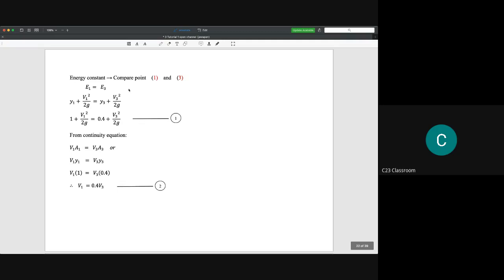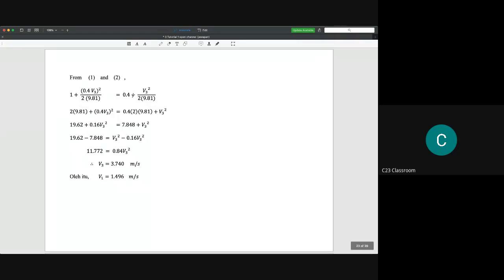So because there are no losses, we compare the energy E1 equal to E3. We just use the energy equation, and we get this term. Because the values of Y1 and Y3 are already given, the unknowns are V1 and V3. As I showed previously, we could use the continuity equation, and then we have another equation, which is V1 equals 0.4 V3. By using these two equations,